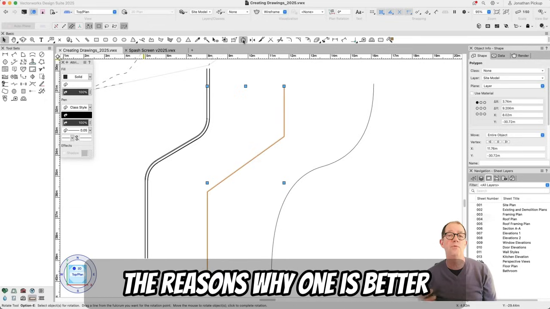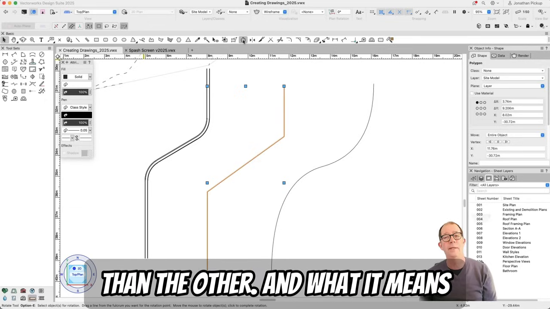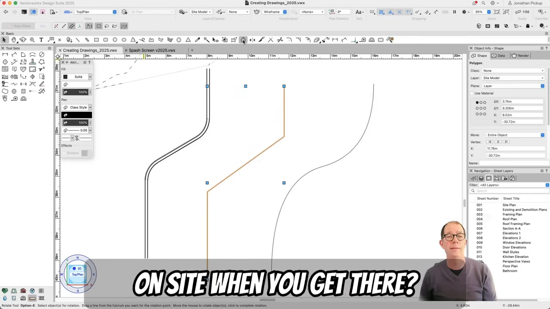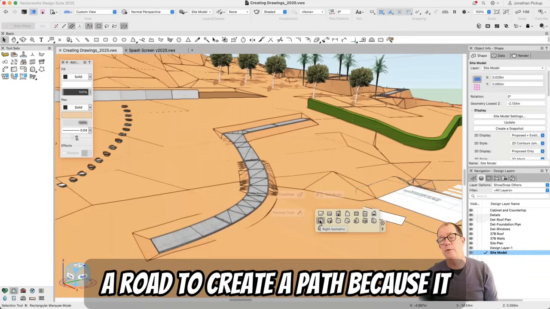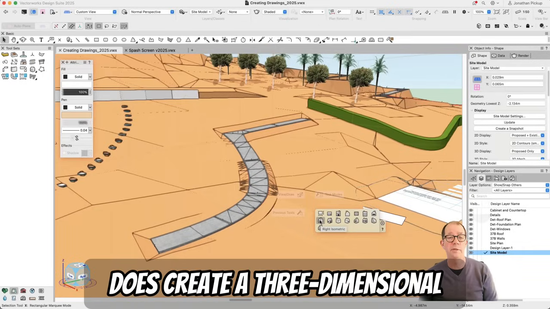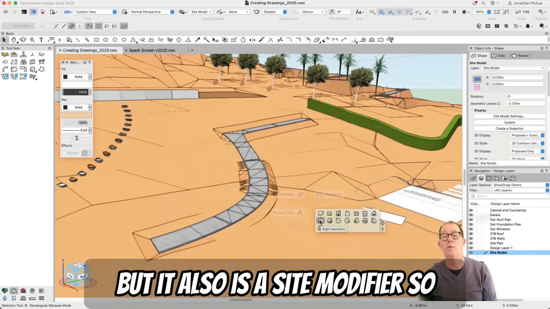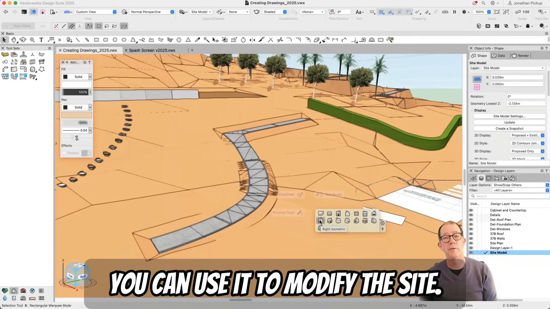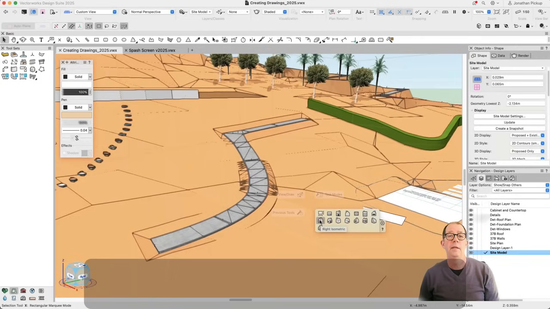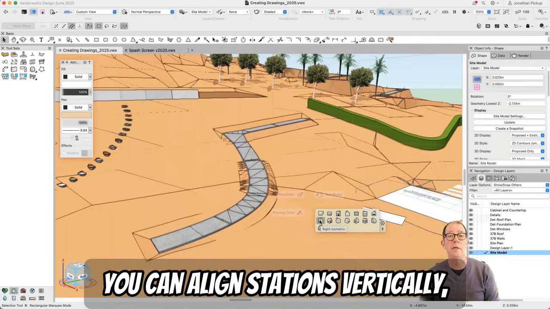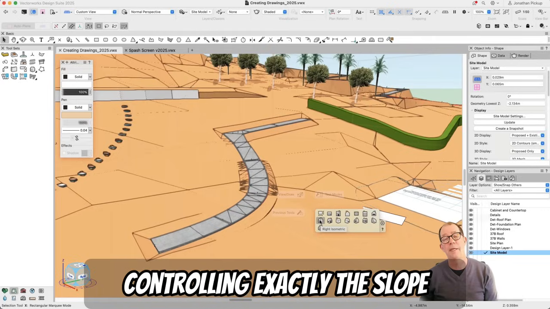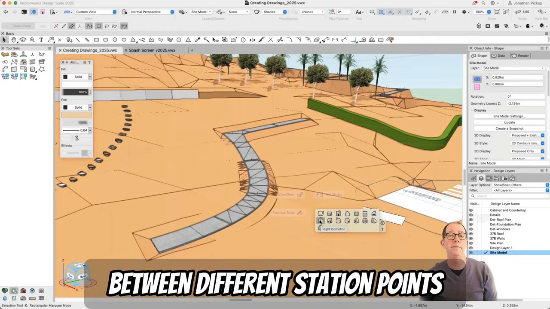And we looked at the reasons why one is better than the other and what it means on site when you get there. We looked at using a road to create a path because it does create a three-dimensional object. It's very quick to create, but it also is a site modifier. So you can use it to modify the site. The idea behind the road is that you can align stations vertically, controlling exactly the slope between different station points